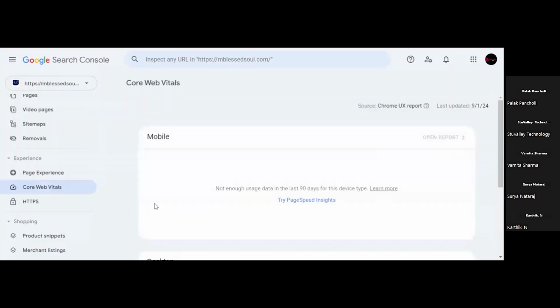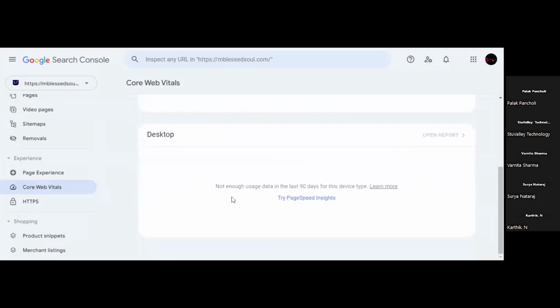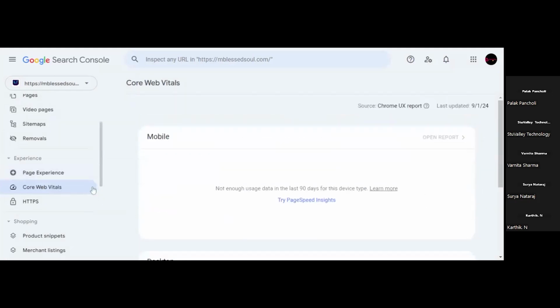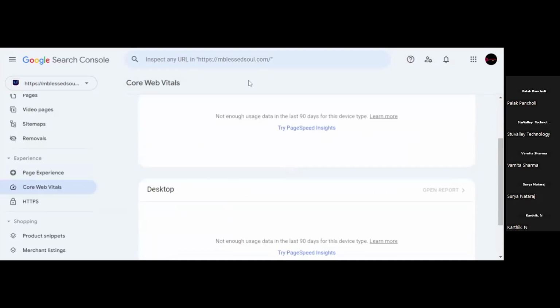Here, if there is any issue related to core web vitals on your website, it will be visible here. After core web vitals, the next thing we have is mobile usability. How your website is on the mobile version, you can see in mobile usability, and the issues related to the mobile version will be visible here.